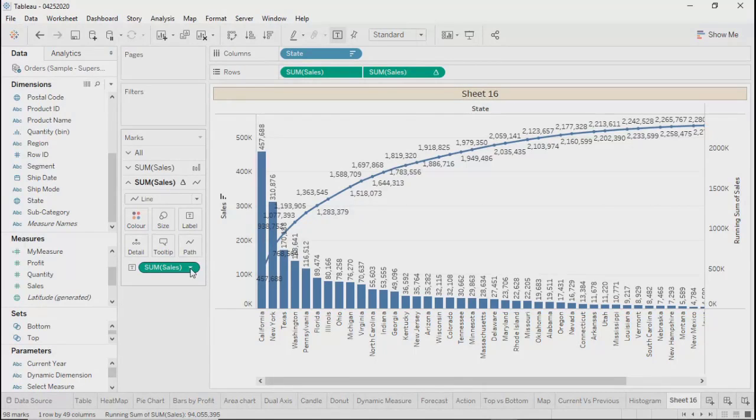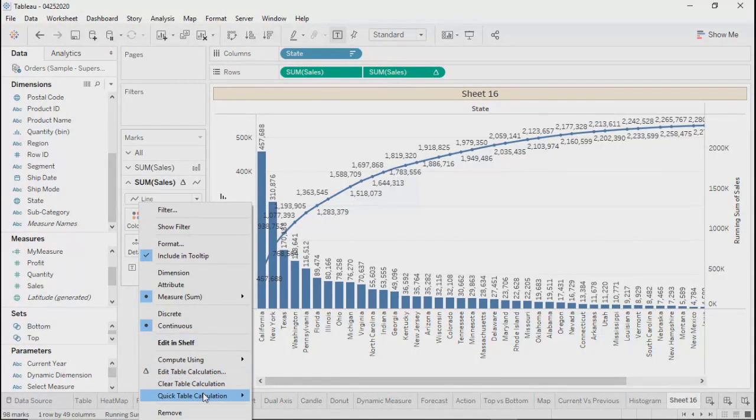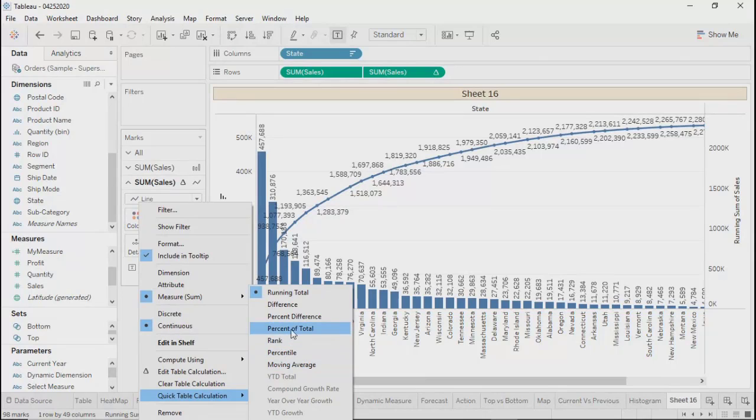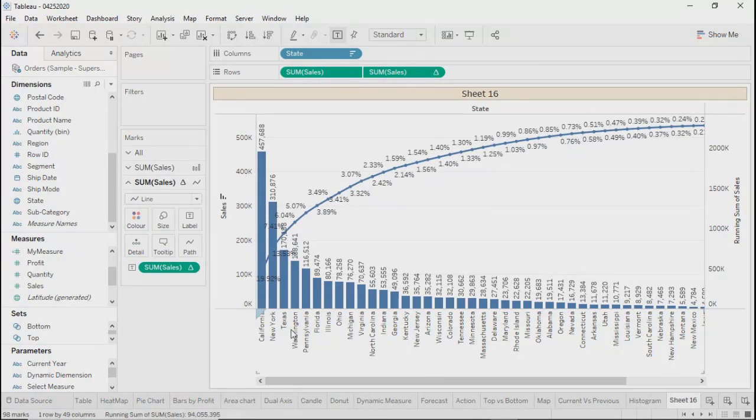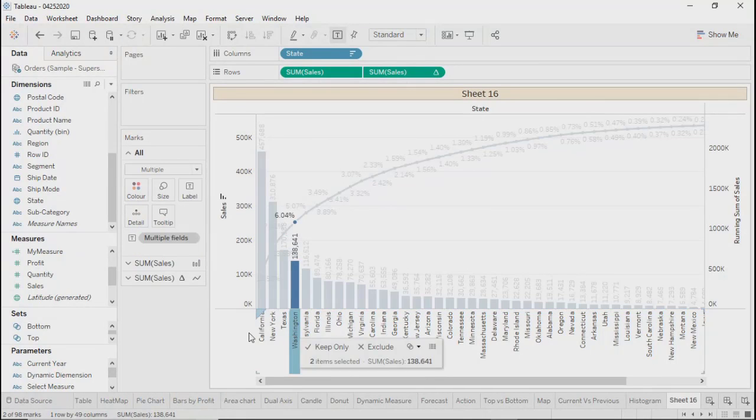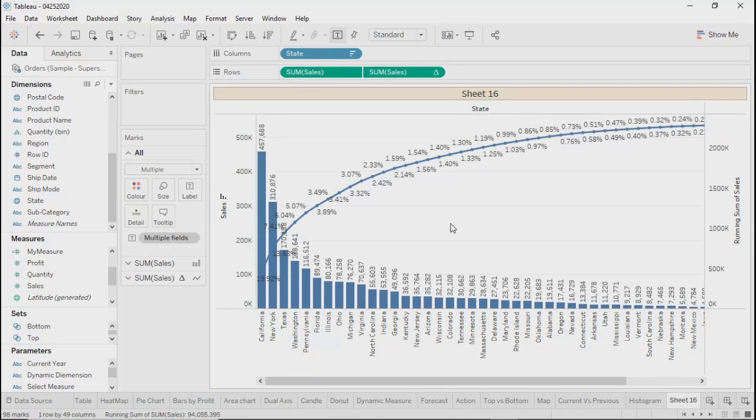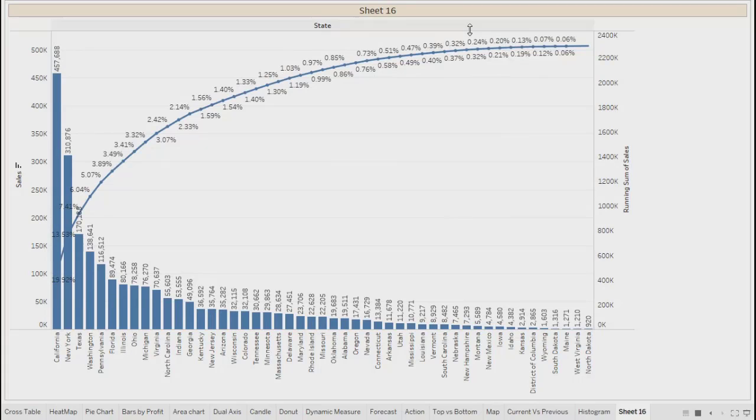Let's see what we can do. Percentage of total, if I do. Do you have percentile over there? No. Percentile is totally different. What we did is we just changed it to percentage of total. Right. So over here, if you see,